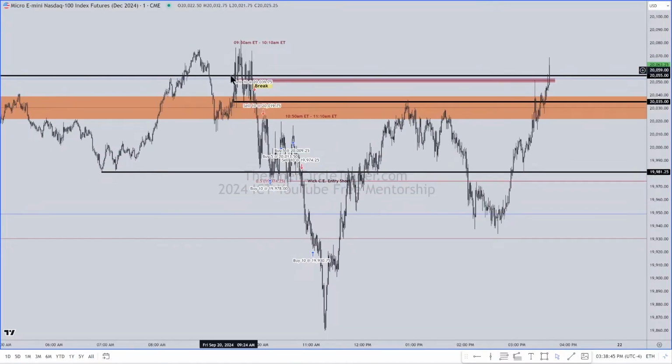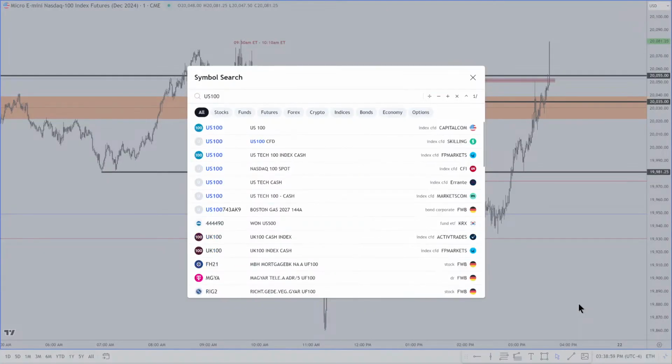The gap here, 4:14 previous day and 9:30 opening price. We don't have the, what is it, US 100. And I'm just going to use this one. I'm not saying that that's a good broker. I'm not saying that you should trade through them. I'm just saying that this is something that you need to determine on your own. And if you do what I'm showing you here, you should be able to track price as close as you can without using the actual futures market.